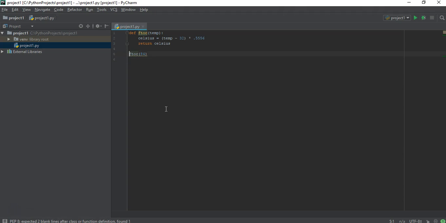So what I really need to do down here is assign this function to a variable and then print that variable. So if I put conversion equals F to C 84, now I can put print the temperature in Celsius is,